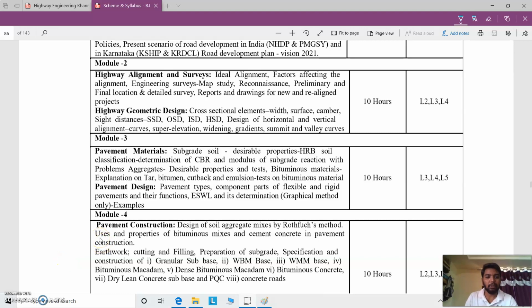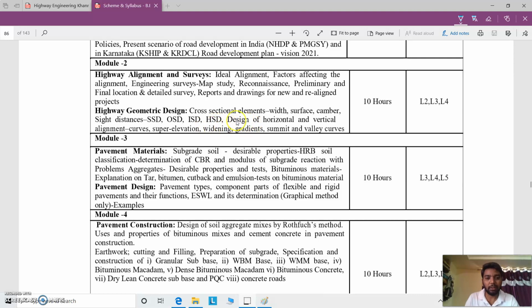Welcome students. Till last class we have completed the stopping sight distance and overtaking sight distance analysis and problems on these distances that affect the geometric design, right? In this class I will discuss intermediate sight distance, headlight sight distance and the curves which are provided horizontally and vertically in the highways. Here, the design of horizontal and vertical alignment of curves.